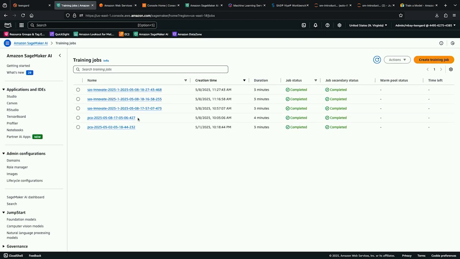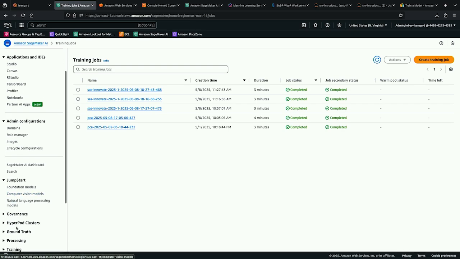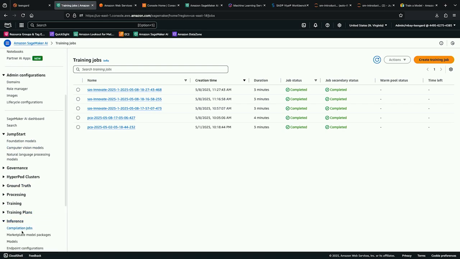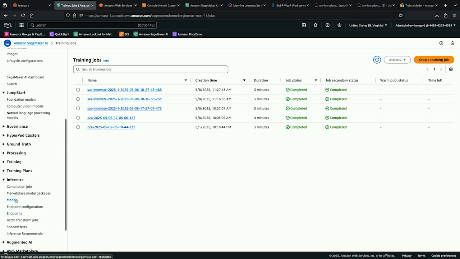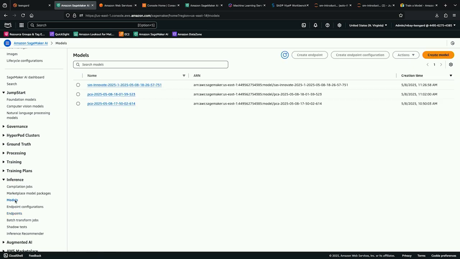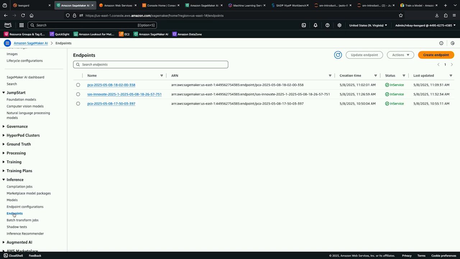And so you can see that I have the models that I pre-trained just before we started this session. And those models are already ready to be deployed. So you just reference one of these models to deploy it with that deploy function. And once you've deployed the model, you can find it here in the inference, and then endpoints. Here, it's aware of all your models. It's not deployed, it's just a model repository of all the models that you've trained. And then when you go down here, you have your actual endpoint. So I can call those endpoints to get inference.